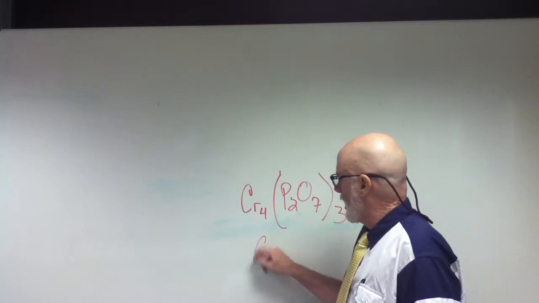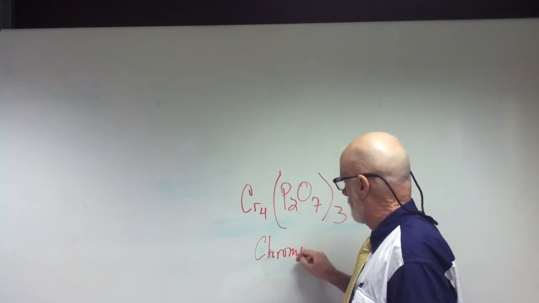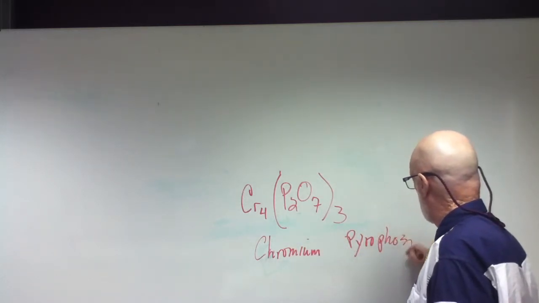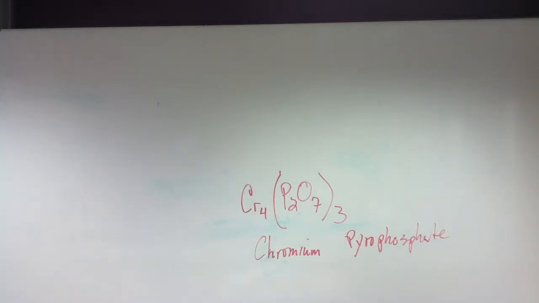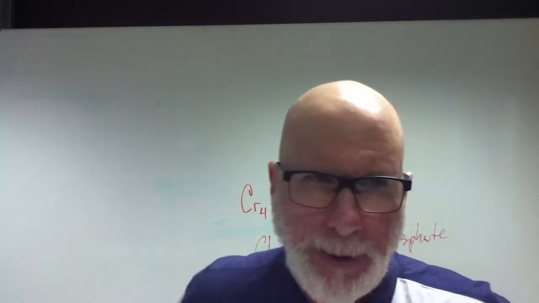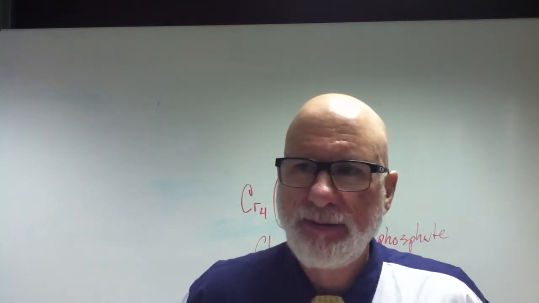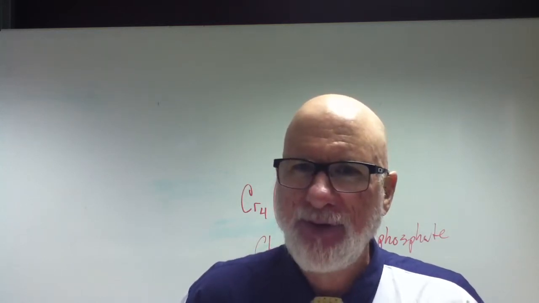So we know that it's going to be chromium pyrophosphate. Is that correct? We know that, right? Now, ask yourself this question. Is chromium in the groups 3 through 12? Yes, so therefore what does it need? Amen. Okay? Now, so,